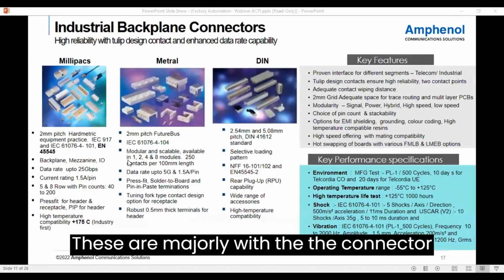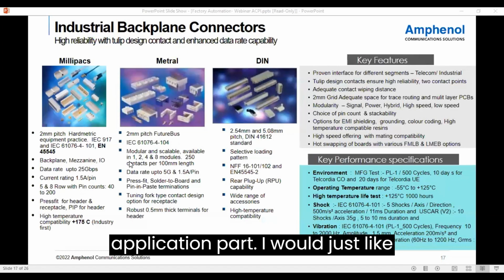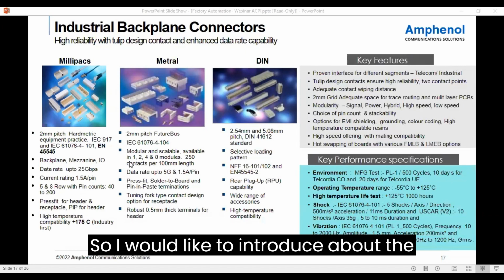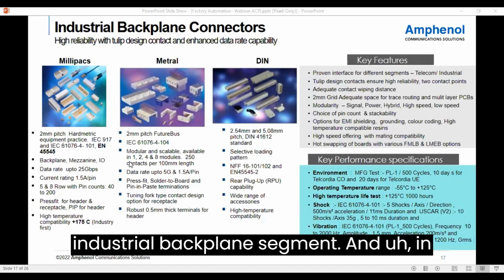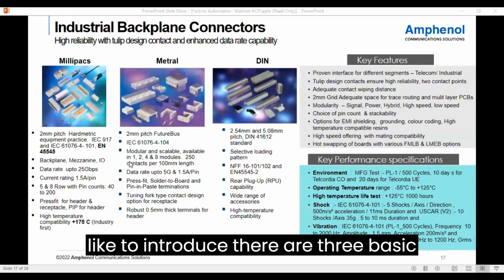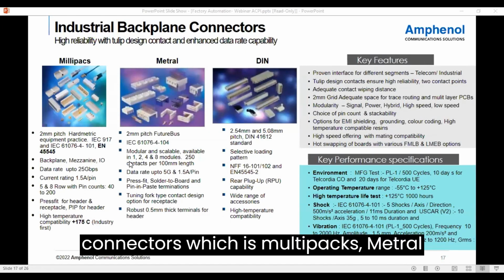These are majorly with the connector application part. I would just like to take you through the connector world. So I would like to introduce the industrial backplane segment. And in this industrial backplane segment, there are three basic connectors, which are Millipax, Metral,